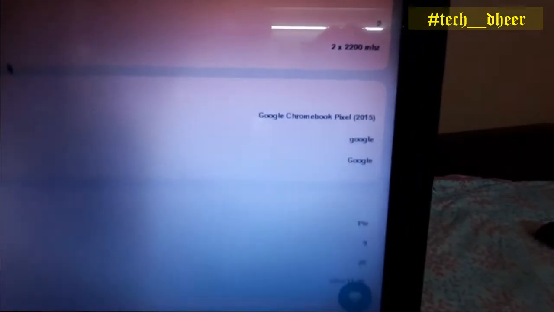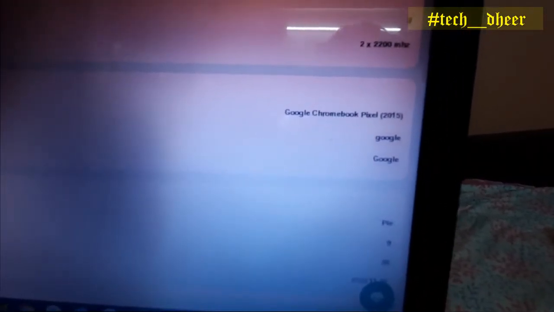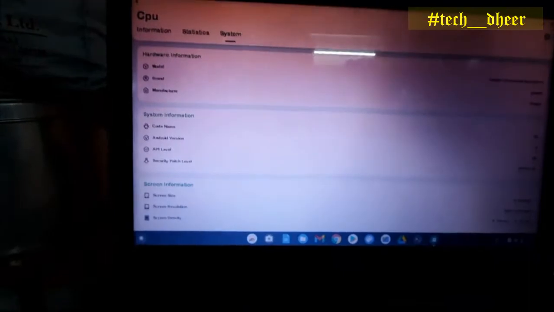You can see the model of the Chrome OS device, which is Google Pixel Chromebook 2015, the brand is Google, the manufacturer is Google, and the code name is Pi. The Android version is 9. You can see Android 9 is running on this old PC, and the screen size is something like 9.75 inches and all those things.